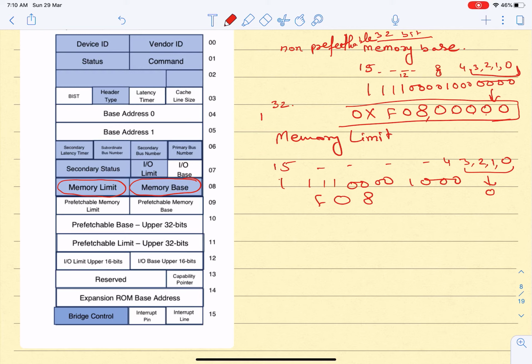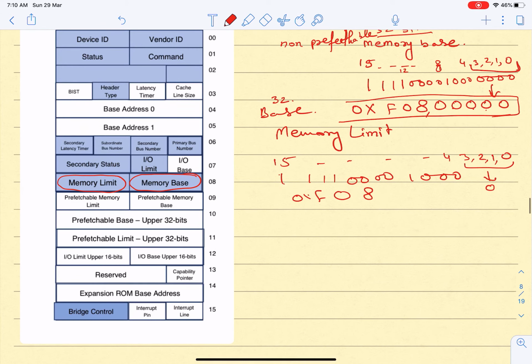This is base, and then 0x, this is limit. We need to write FF. So what will become is base is F08, limit is